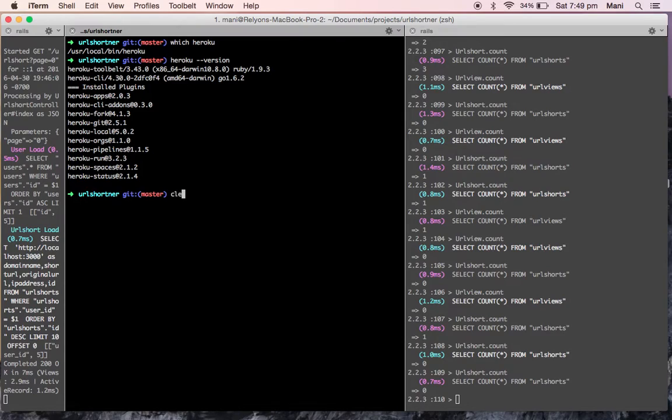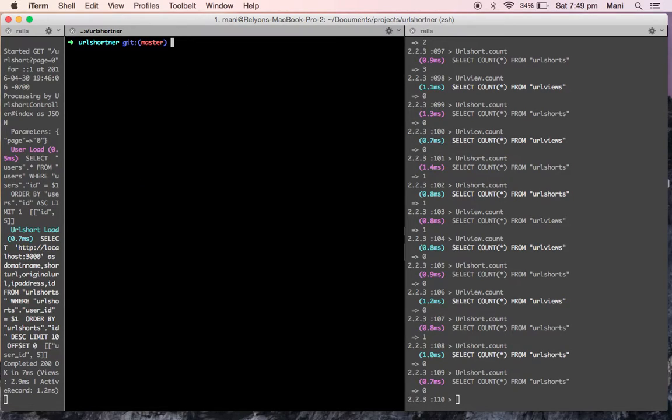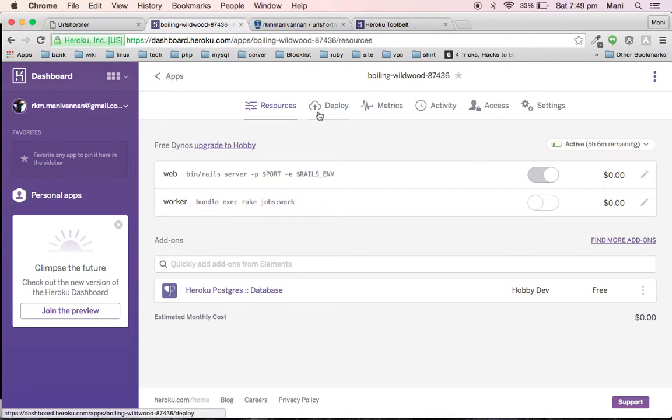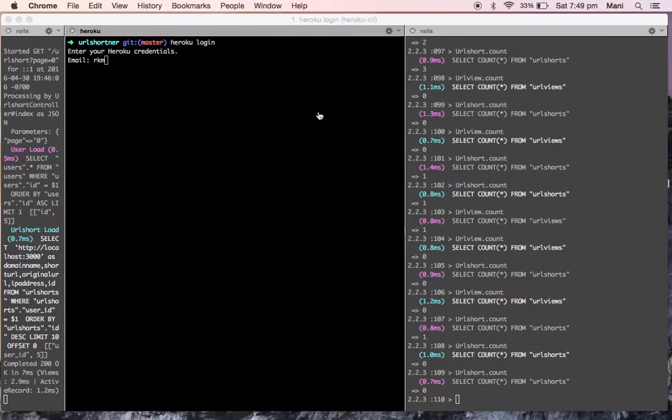So now I will show you what steps you need to follow. The first step is we need to log in to Heroku. The command for logging into Heroku is heroku login. Here you need to enter your credentials. Before that you need to create an account in Heroku.